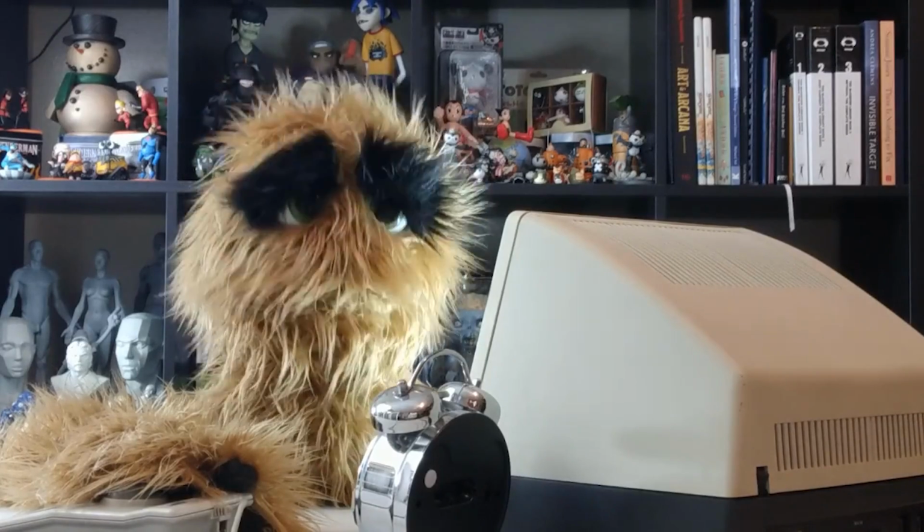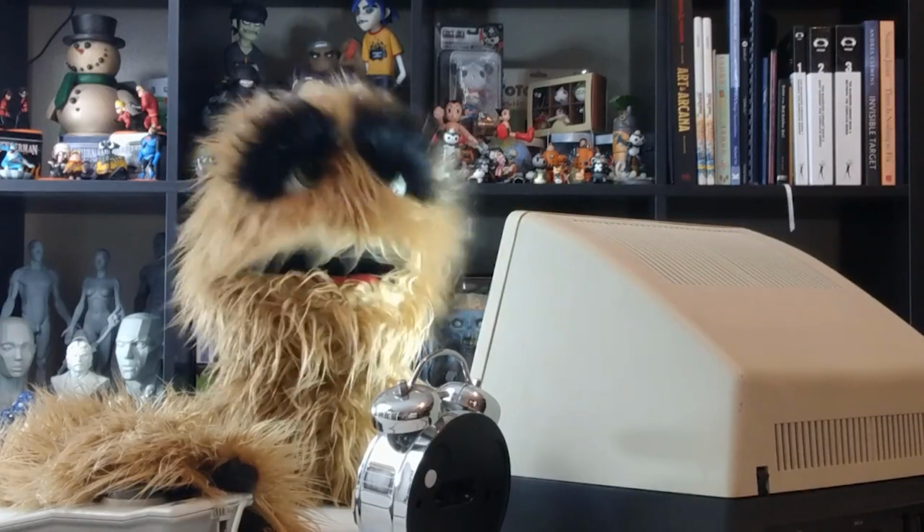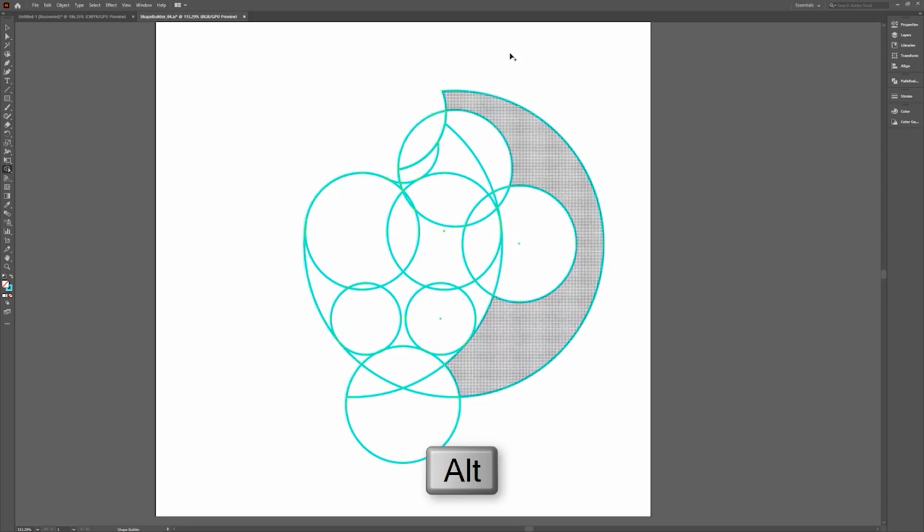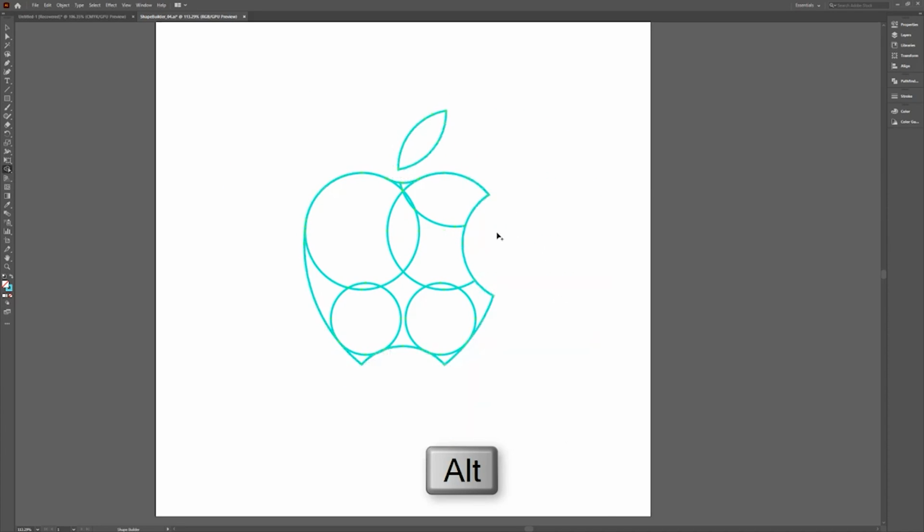Floyd here with a quick introduction to working with the Shape Builder tool in Illustrator, which enables you to quickly merge or subtract one shape from another. To use, start by selecting the paths you want to work with, and then activate the Shape Builder tool. Next, left-click and drag over the shapes you'd like to merge. Hold the Alt key to enter Erase mode, and then left-click and drag over elements you'd like to remove. Using these two options will enable you to quickly build more complex shapes from simple paths using the Shape Builder